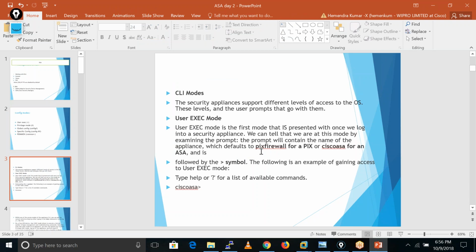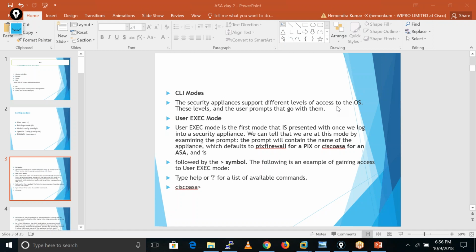So here they are giving some theory also for that. In CLI mode, the security appliance supports different levels of access to the operating system. Different levels of access means, if there is an L1 engineer, an L2 engineer, and an L3 engineer, we give the access of the ASA device to the L1 engineer as basic only.